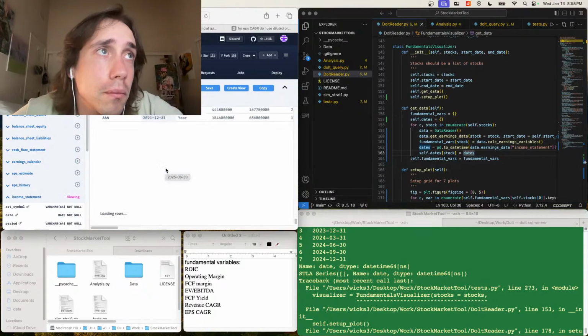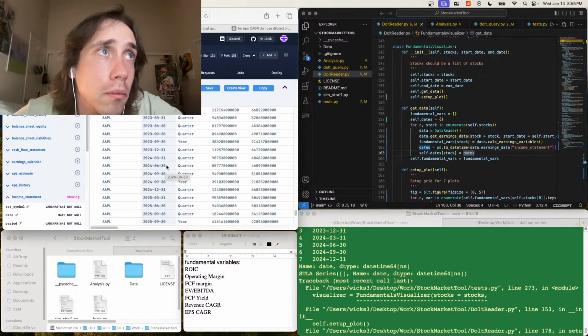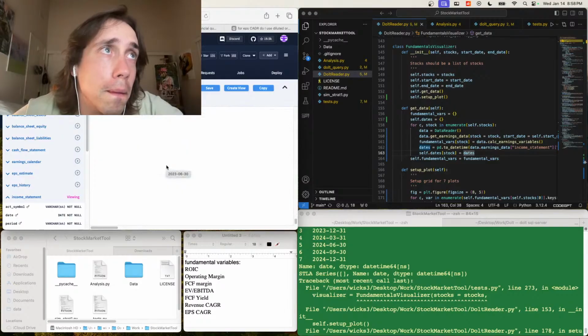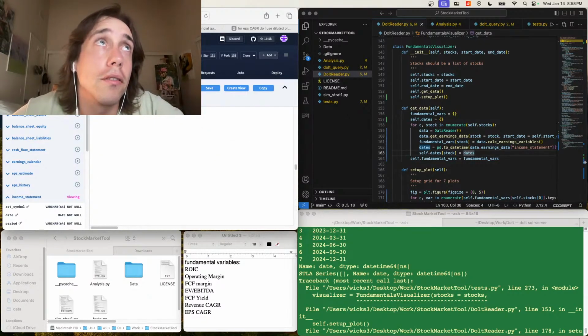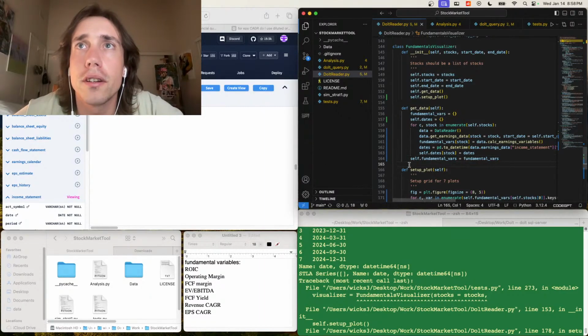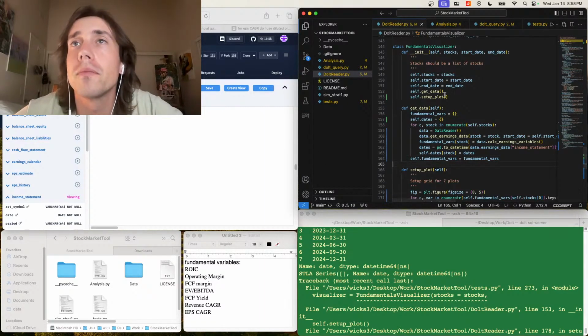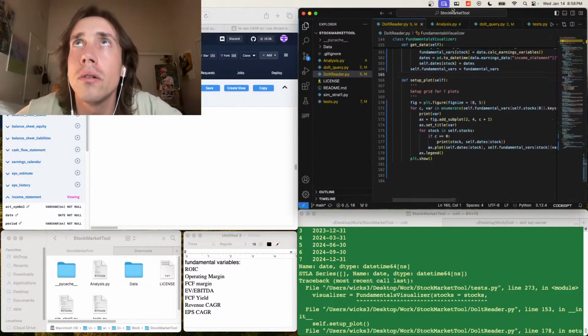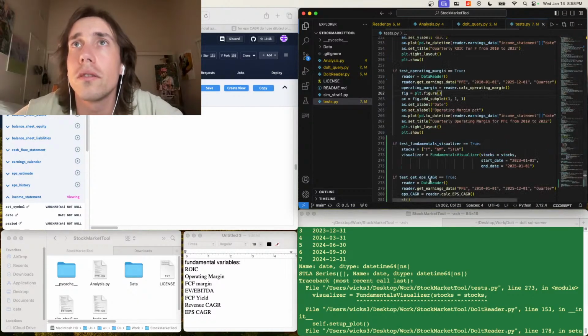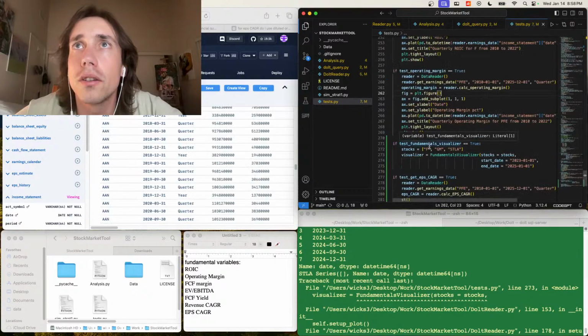Stellantis. Yeah, okay. I'm not gonna find it. I don't think there's Stellantis data. So, okay, so let's go over here, and instead of these guys, let's do,